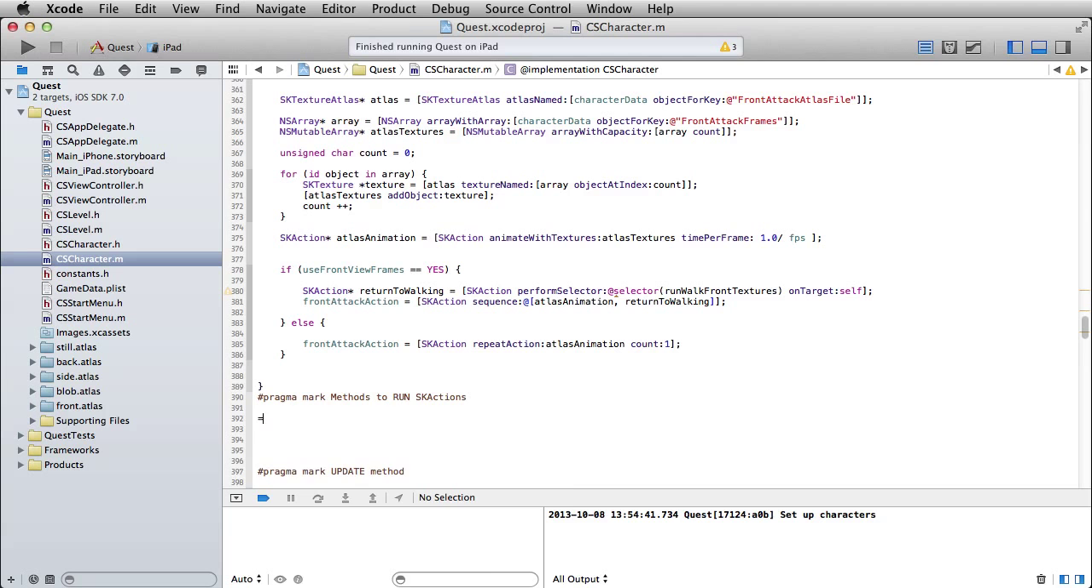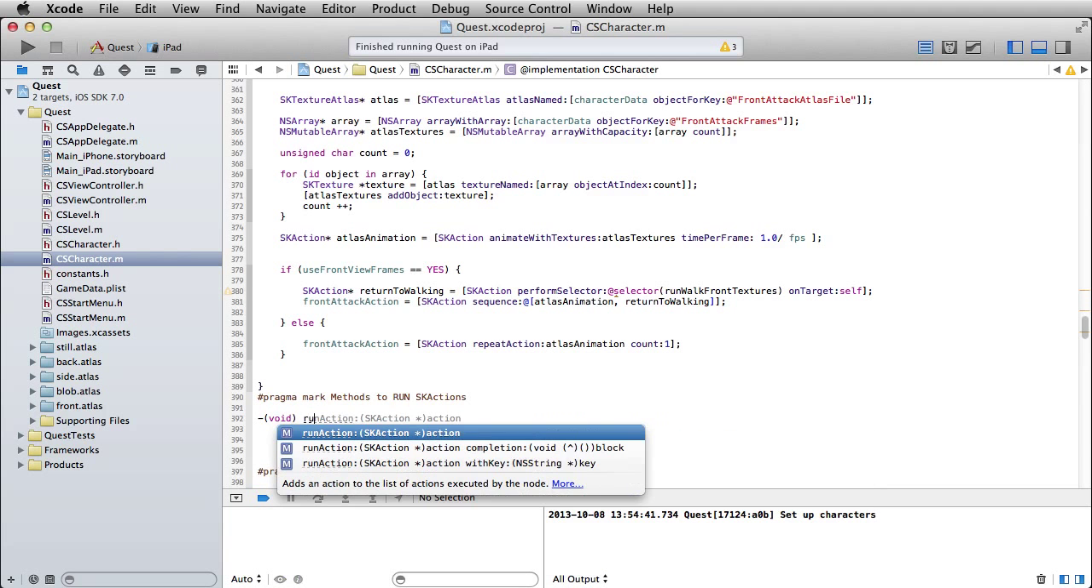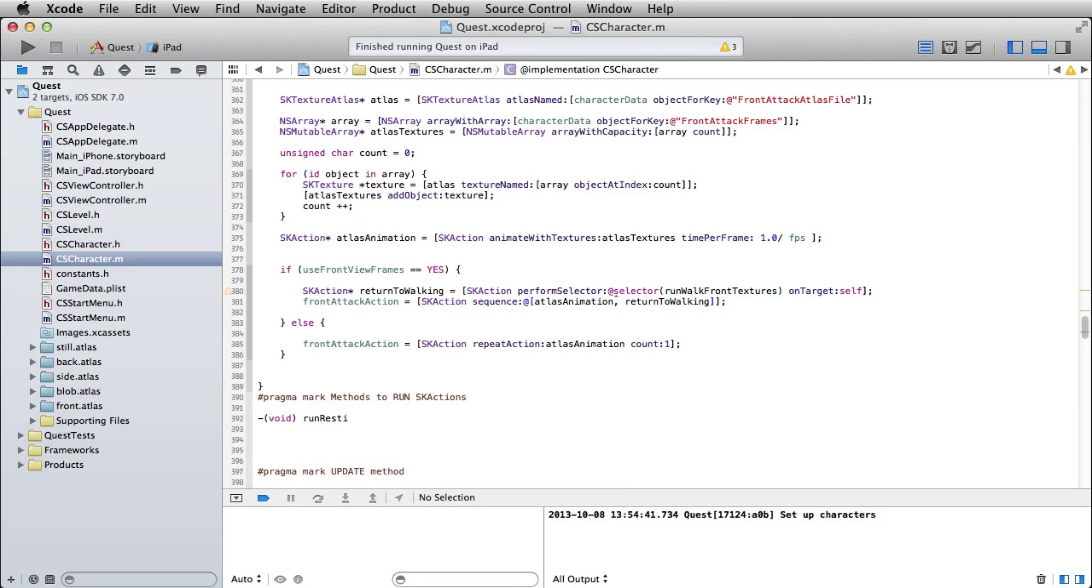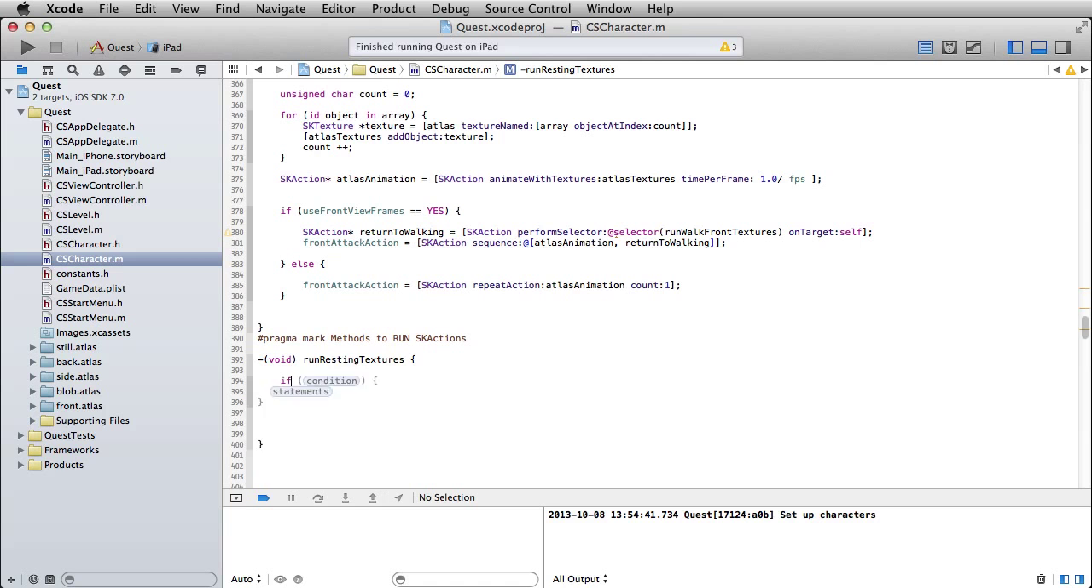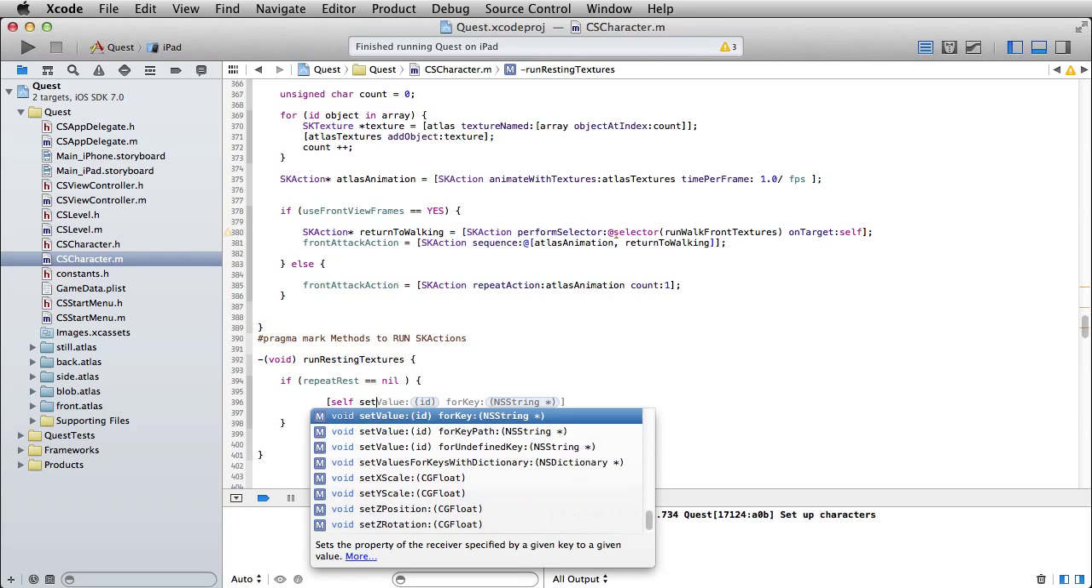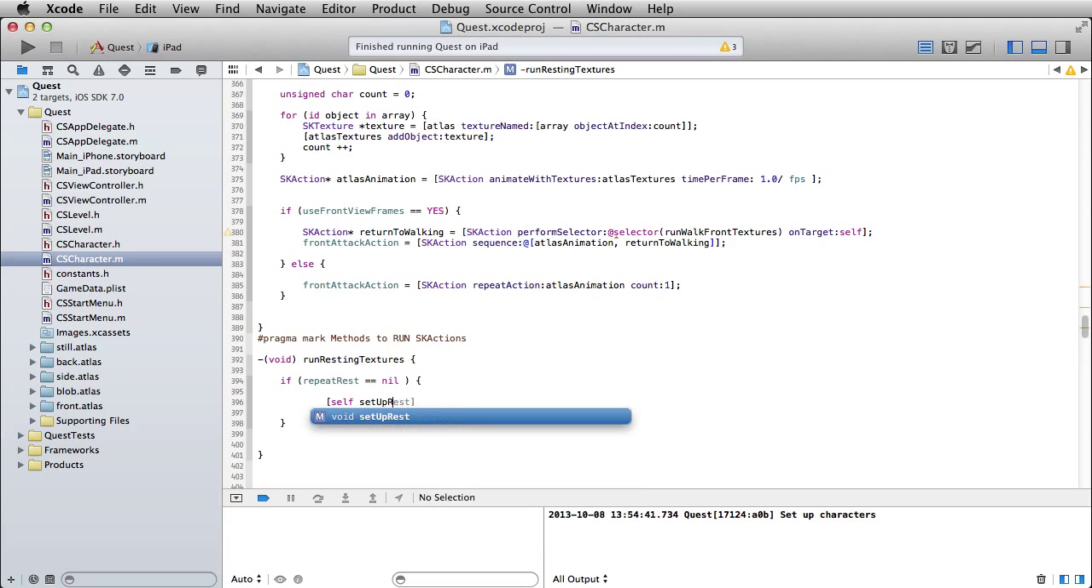Alright, the first one is going to be run, and I'll start all these with the word run. Run resting textures, and the first thing we're going to do is say if repeat rest equals nil. That's our action, and if it equals nil, that means it hasn't been set up yet. It doesn't equal anything. In which case, we'll just call self set up rest,